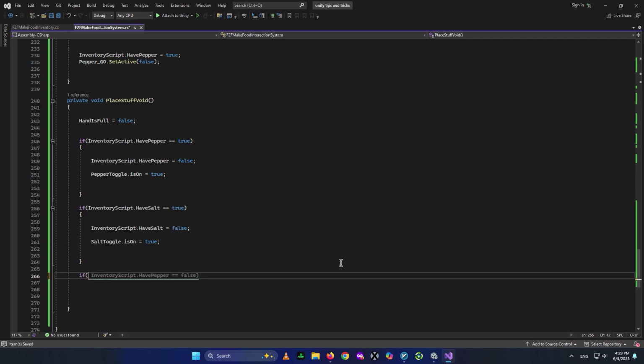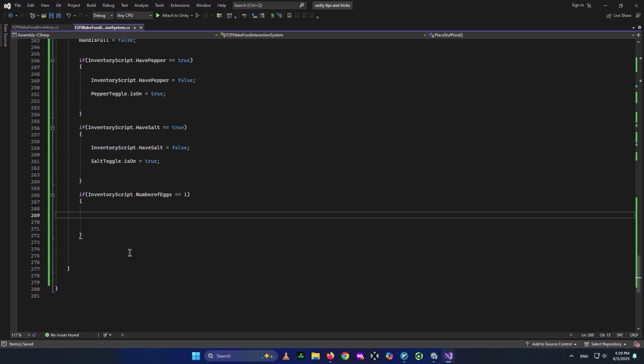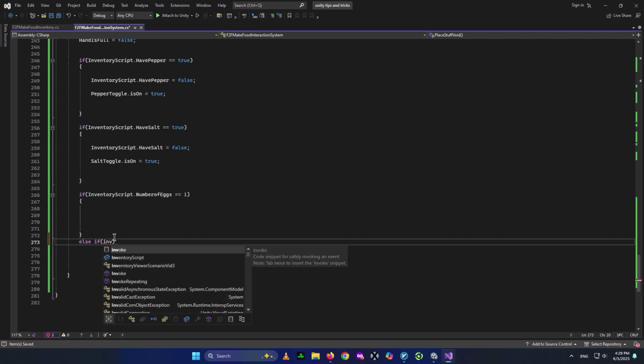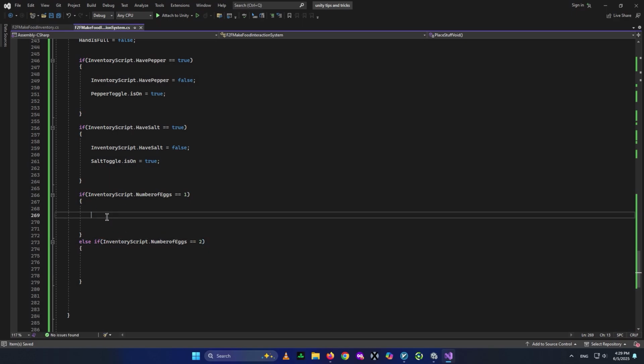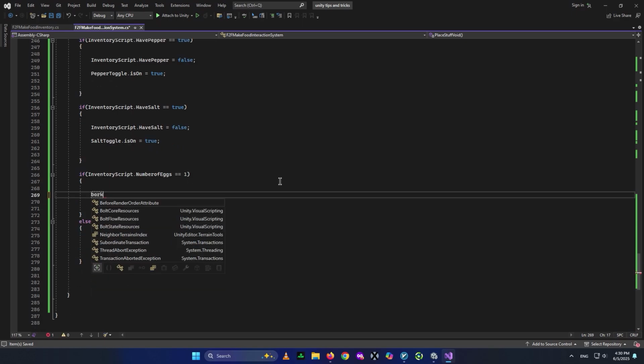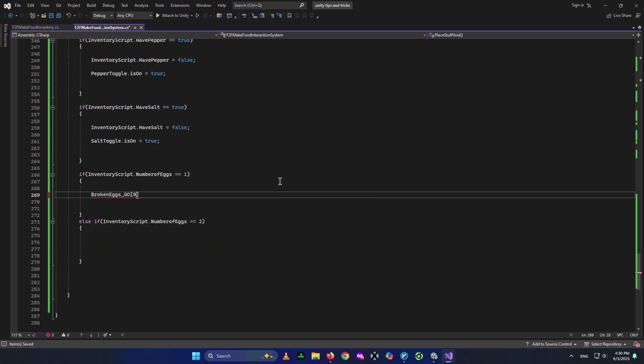We can go ahead and create one for eggs, but eggs is different. We're gonna say inventory script dot number of eggs. If it is 1, we go ahead and do something. Else if inventory script dot number of eggs is 2. So either we're gonna place the first egg or the second egg. So if we're placing the first egg, we're just gonna say broken eggs go house number 0 dot set active